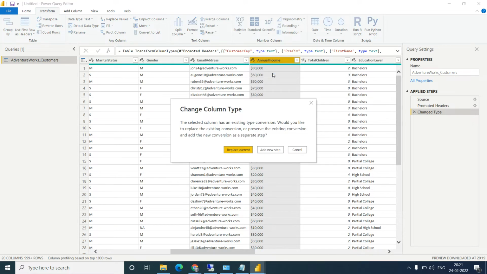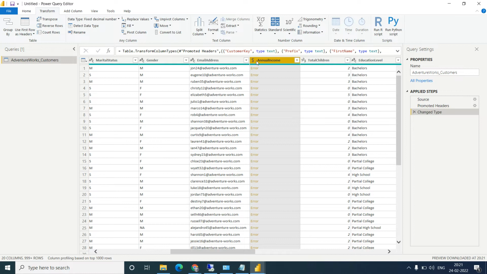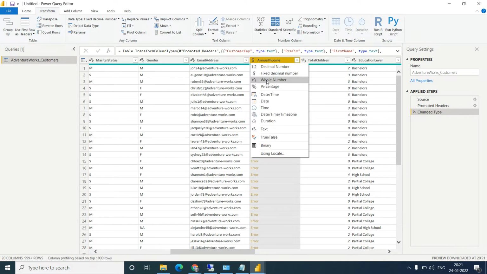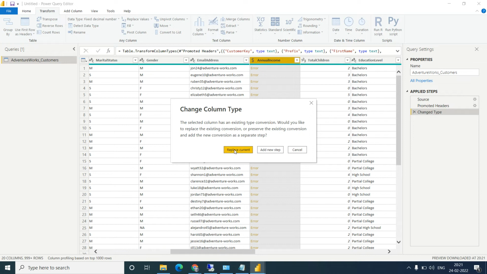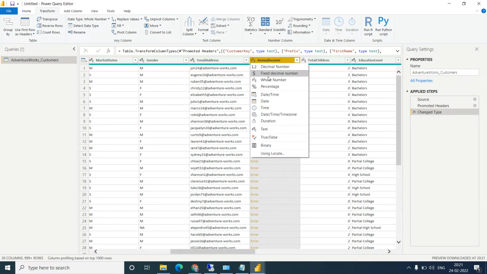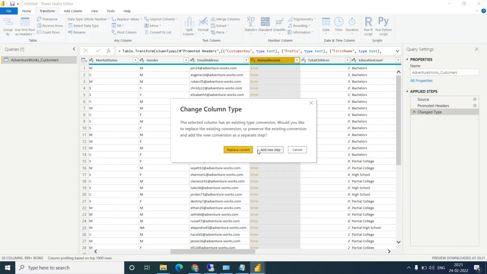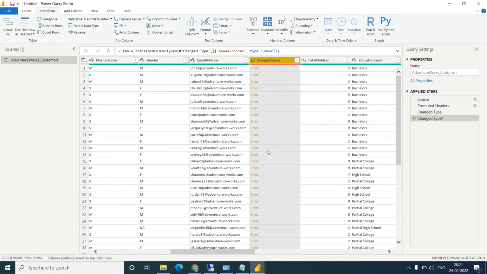Fixed decimal number. Okay, you can do the whole number. There are still issues. Okay, so now let's do the... let me just delete this.